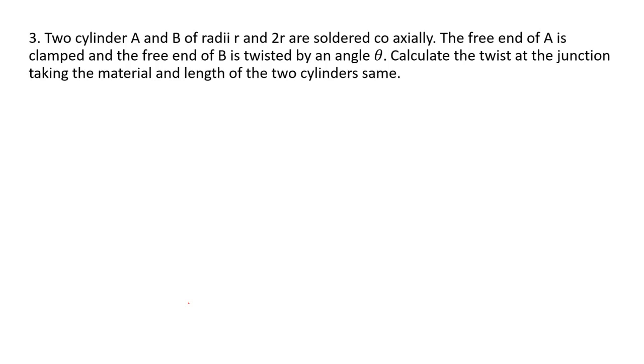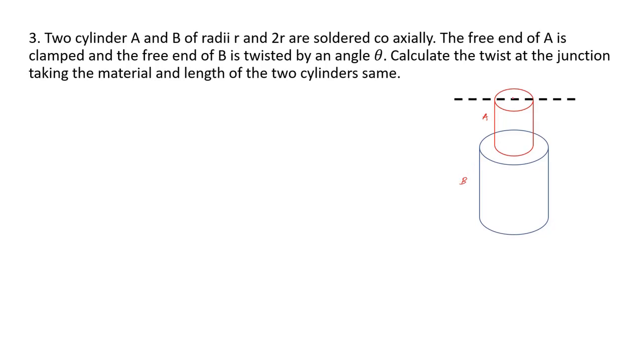The free end of A is clamped and the free end of B is twisted to an angle theta. Calculate the twist at the junction, taking the material and length of the cylinders to be the same. So, we have two cylinders A and B of the same length and same material with varying radius. The radius of cylinder A is r, while the radius of cylinder B is 2r,